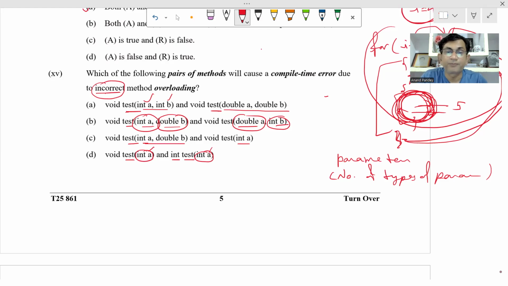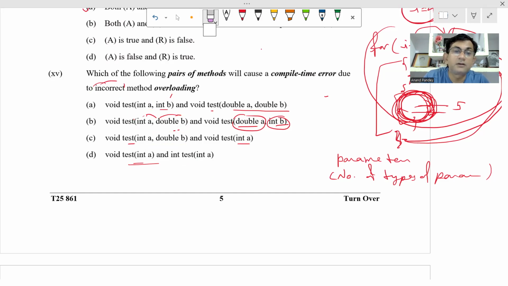ऐसे करके error आता है। अब आई एम टेलिंग यू, इफ यू कॉल दिस फंक्शन टेस्ट, मान लो तुमने टेस्ट फंक्शन को कॉल किया, लेट मी शो यू द कंफ्यूजन व्हाई दिस एरर इज क्रिएटेड, एंड यू आर पासिंग वन इंटीजर वैल्यू, which test function will be called, this or this? Both have same parameters, no, we are passing the parameters, हम इंटीजर पास करें तो इसको पास होगा कि इसको पास होगा, तो ये कंफ्यूजन क्रिएट होगी ना। तो कंफ्यूजन क्रिएट होने से पहले तुमको कंपाइल टाइम में ही एरर आएगा कि द फंक्शन टेस्ट इज ऑलरेडी डिफाइंड।